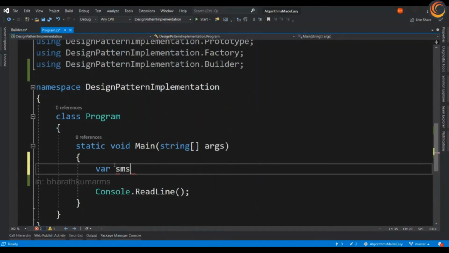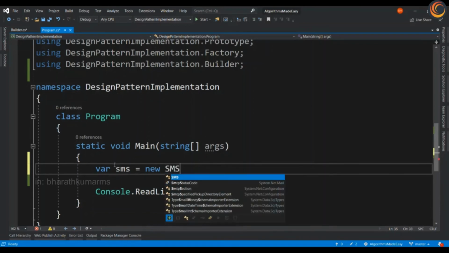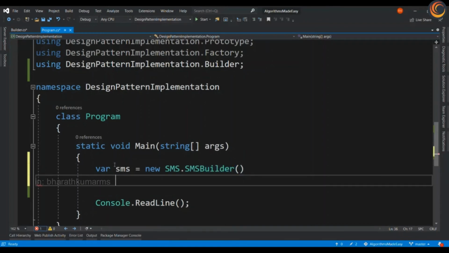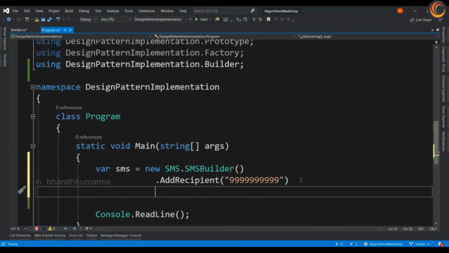Var sms is equal to new SMS.SMSBuilder, and I will start to invoke some of its functions. I'll call add recipient and let me add some number. Okay. And add message.